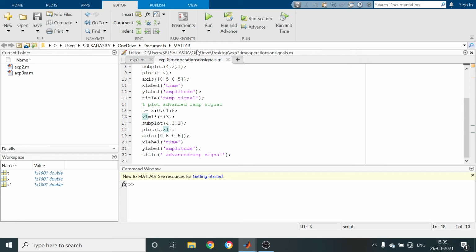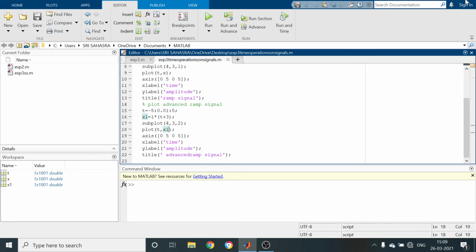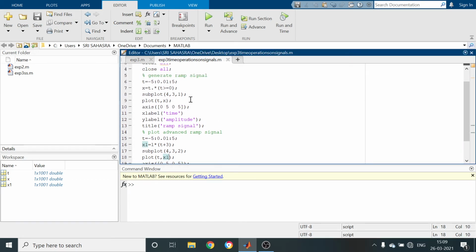So here we are going to get the amplitude from here. So in order to get the same plot I am going to use here 1 star t. So this is also another instruction to generate the ramp signal.